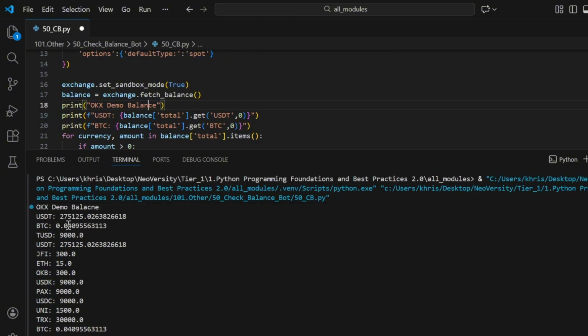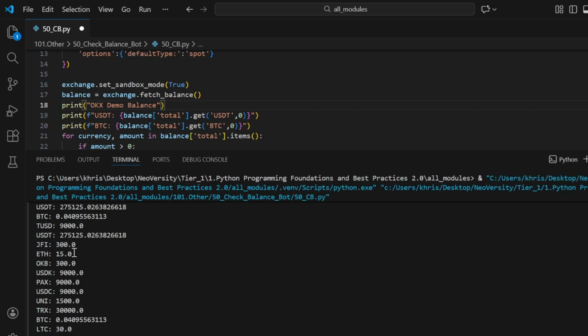It's a demo account. So yeah, it's 275k. I have some bitcoins here, USDT. So yeah, I have the Ethereum, OKB coin. So alright,